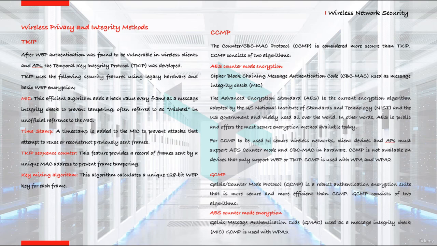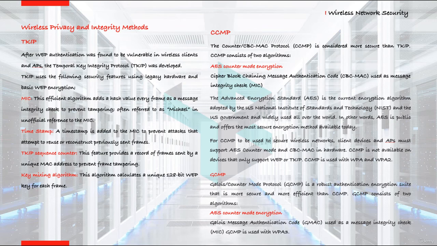The key mixing algorithm calculates a one-time 128-bit WEP key for each frame, using these methods to secure web authentication. But since new methods were developed after 2004, WEP and TKIP methods are not used much today. CCMP is a protocol developed with the idea that it is more secure than TKIP, and this protocol uses two